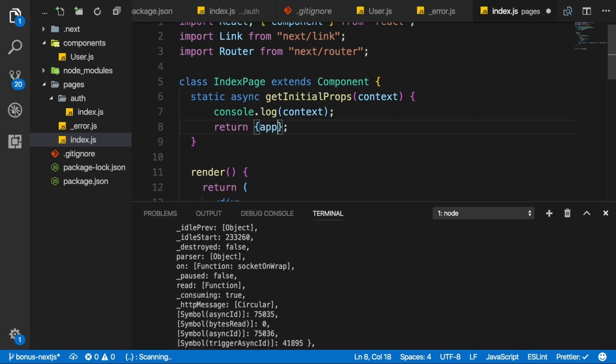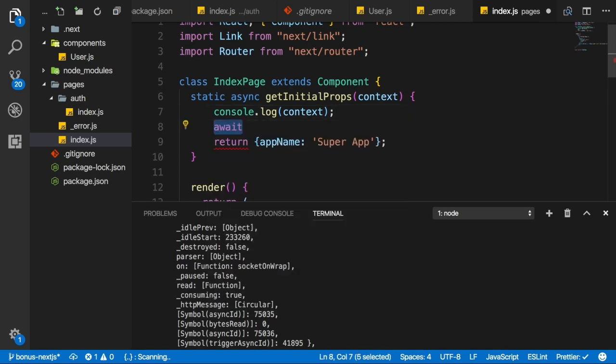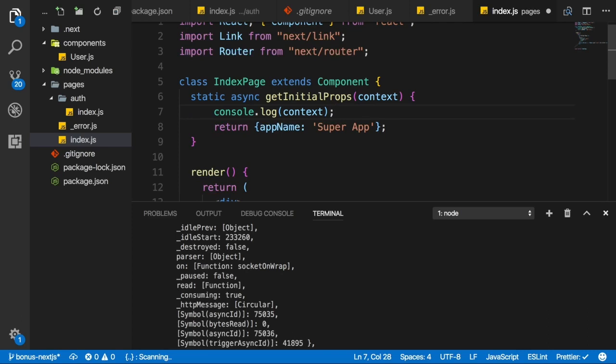For example, here we could hardcode an appName prop, which is Super App, which of course here isn't fetched from some database, but you could easily do that. Since it's an async method, you can use the await keyword in here to await for a promise to resolve, and you would typically have a promise or something like that if you are reaching out to a web server,